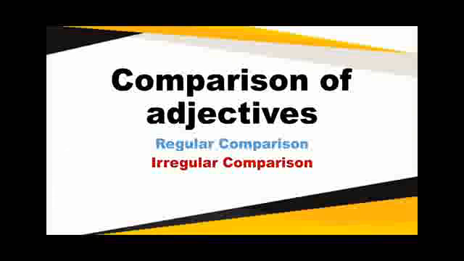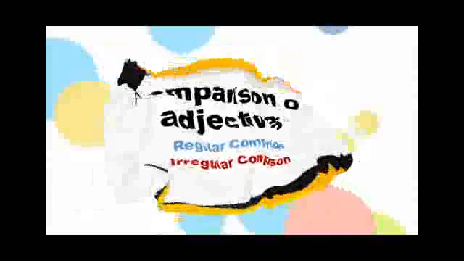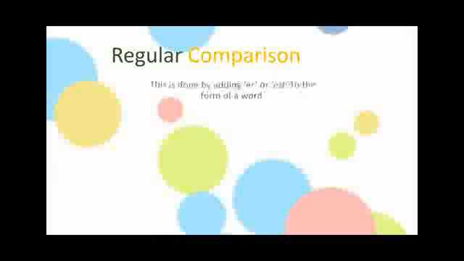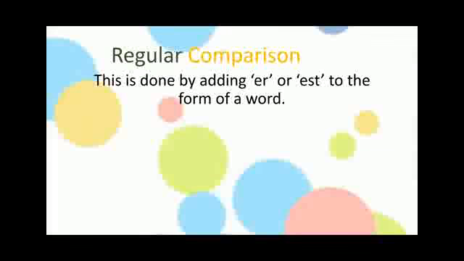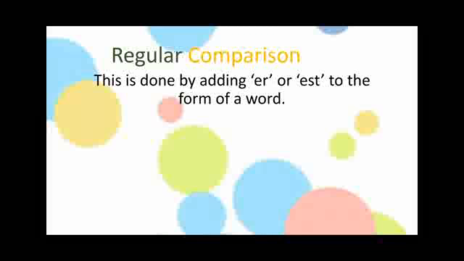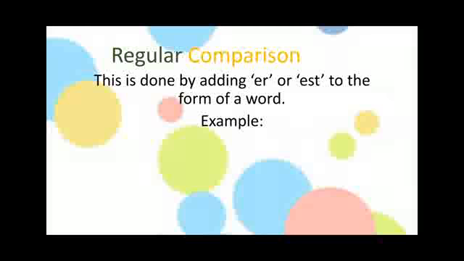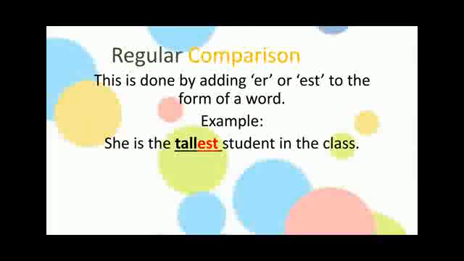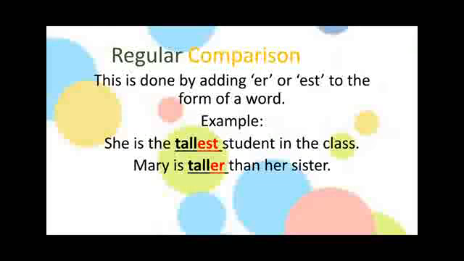You have two types of comparison of adjectives. You have the regular comparison and the irregular comparison. We'll take them one after the other. The regular comparison compares two or more things by adding er or est to the form of a word. Example, she is the tallest student in the class. Tall is the base form of that word. Est is added to complete it